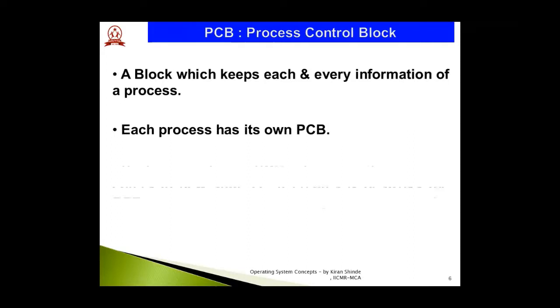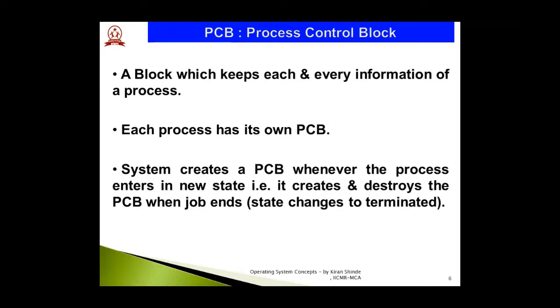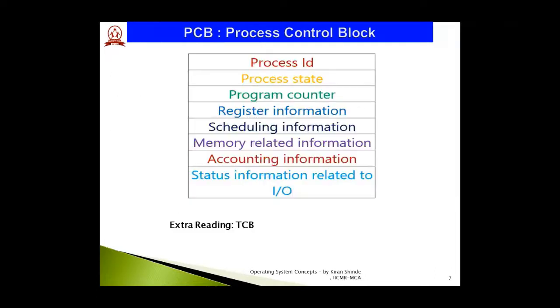Each process has its own PCB, and the system creates a PCB whenever the process enters the new state. It creates and destroys the PCB when the process enters the terminated state. So essentially, a PCB is created temporarily for every process, which keeps the information of the process. Here you can see a simple block structure of a PCB, wherein various fields are mentioned, such as